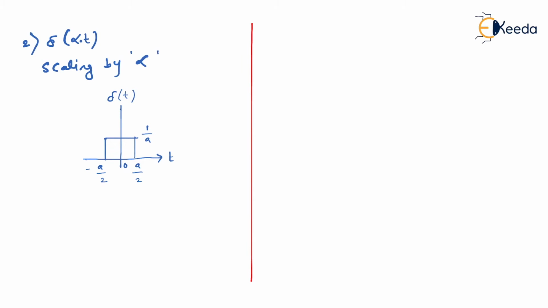So what is going to happen? This is going to get divided by alpha, and this is also going to get divided by alpha. Is that right? In effect, can I say this length is now changed? A new length is equal to what? Now it is a by alpha. Is that right? And if I say this is breadth, then this is length. So length is same, only breadth is changed. Length is still 1 by a.